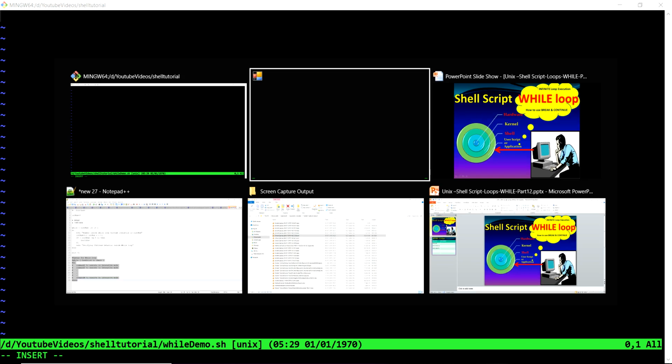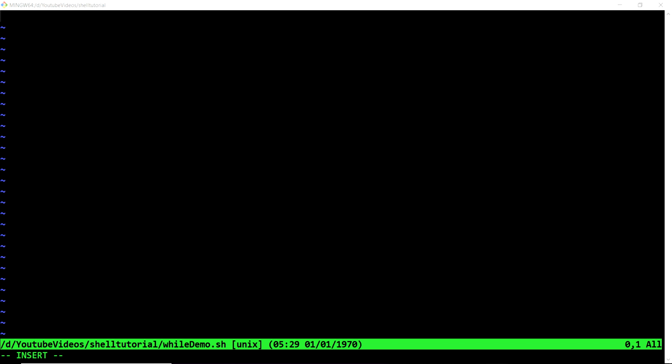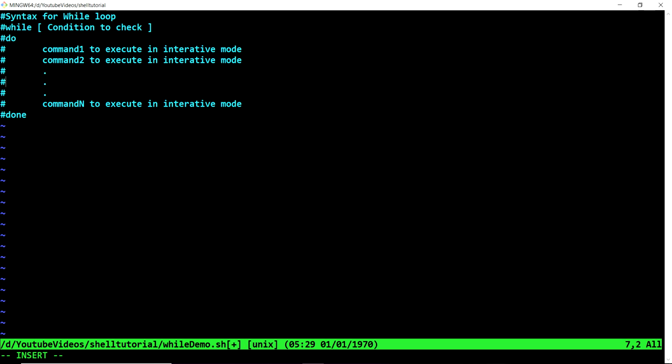Okay, so from the syntax perspective, I have already copy pasted it. This is the syntax, and in this line that I'm highlighting now we have while, then some condition, whatever condition we want to check, then do, followed by the commands which we want to execute in an iterative manner. So until this condition matches, it's going to keep executing these commands iteratively, right? So let's quickly